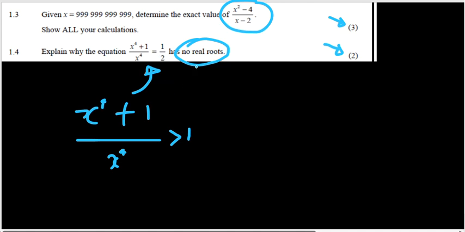If so, it will confirm that there are no real roots, such that any possible value of x plugged into this expression gives us something that is greater than 1 over 2. Okay, and of which it is possible in any course of application. Right. So, now